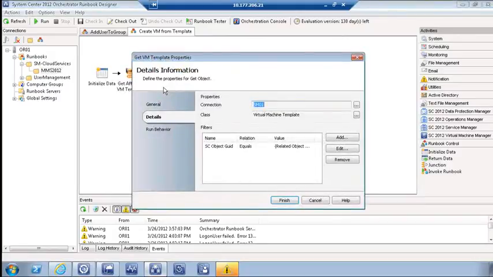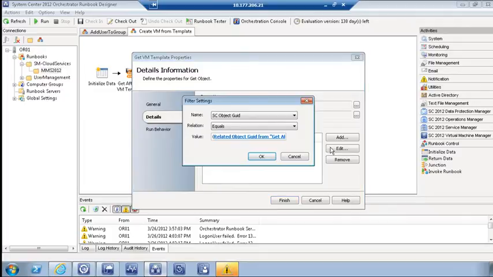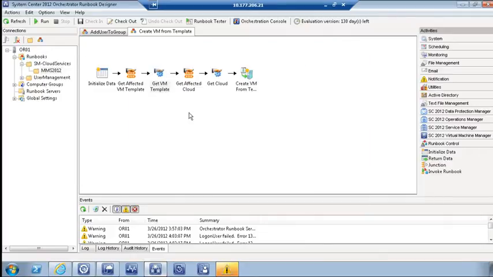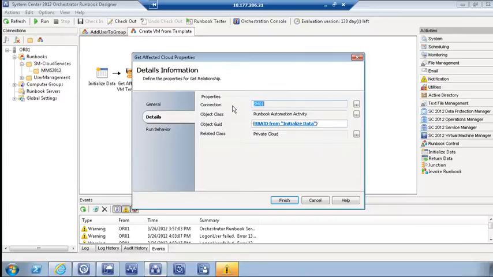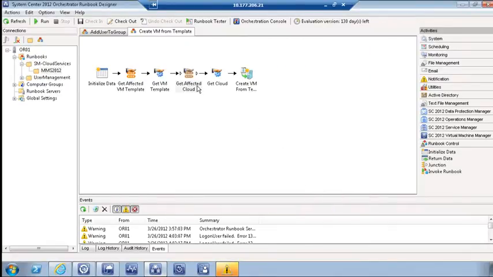Once we have the virtual machine template GUID, we're then going to use that to go and get the virtual machine template object out of the Service Manager CMDB so we have access to all of the properties of that virtual machine template. So in this case, we're simply taking the GUID that we get back from this activity and going back to Service Manager and getting the exact virtual machine template that we want to use. And then we're doing the exact same thing here, except in this case, we're going to go and get the cloud that the user wants to deploy the virtual machine on. Exactly the same thing. We get the cloud GUID, we go and get the cloud object,